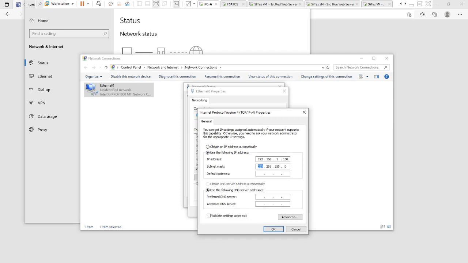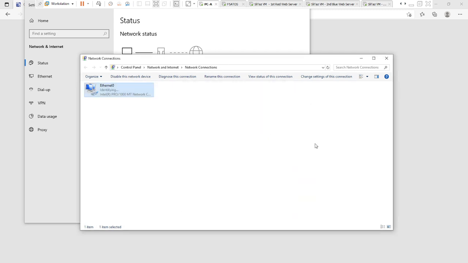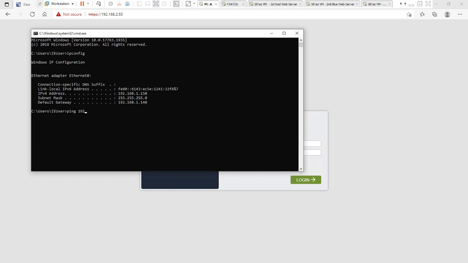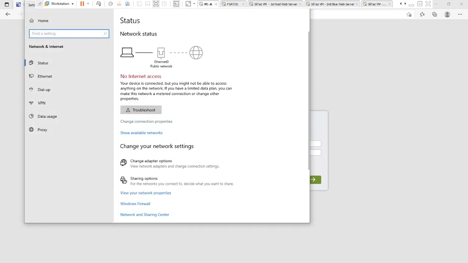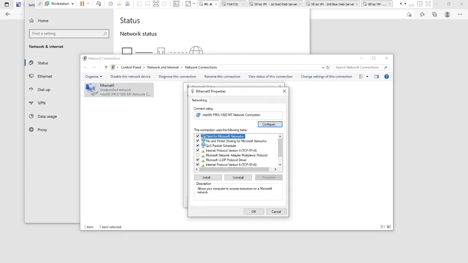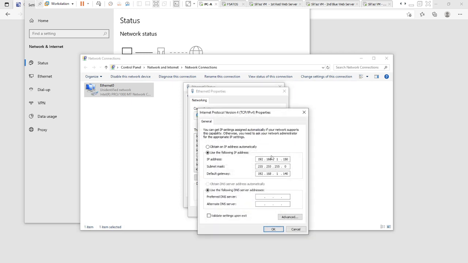192.168.1.150, 255. I'm giving the IP address of my gateway as 1.140. Somehow I should be sending the traffic to my F5 LTM device. ipconfig, ping 192.168.1.140. Is that reachable? Oh my god, sorry, it is supposed to be 2. I made a mistake. It is not 1, it is 2. My external network is in the 2 network. It's in NAT mode. My NAT is in the 2 segment.